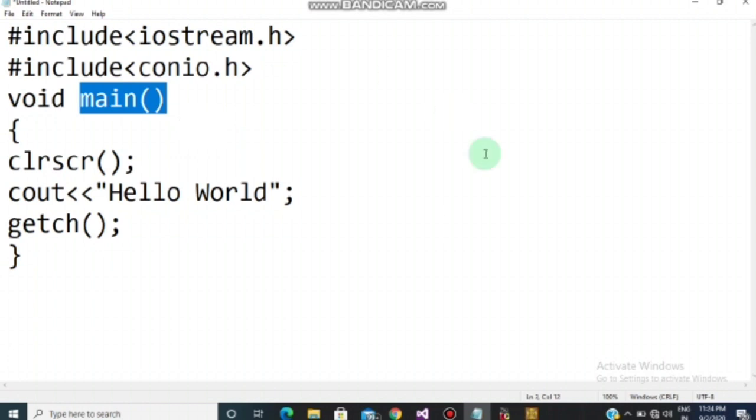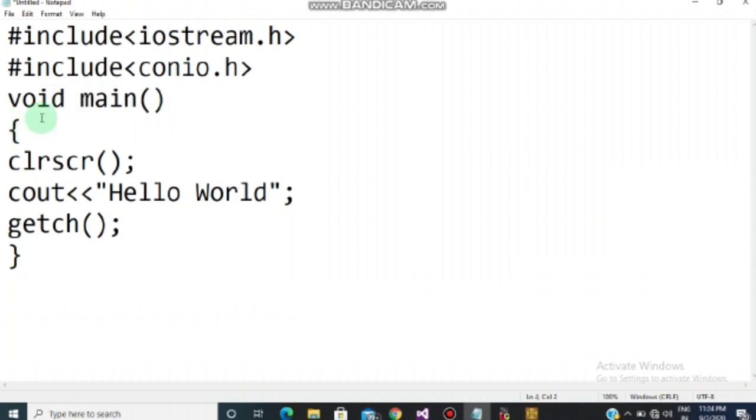Once you compile this program, the compiler, which is responsible for decoding and running it, is going to look for main, because the compiler doesn't know where it should start. So main is the starting point which you are telling the compiler to start compilation from this line.